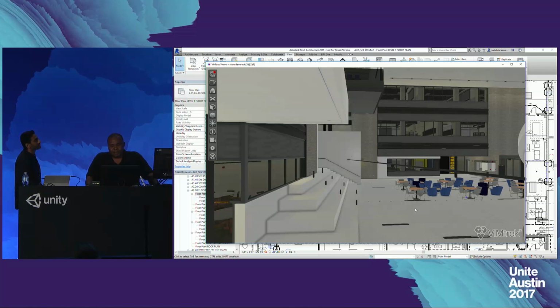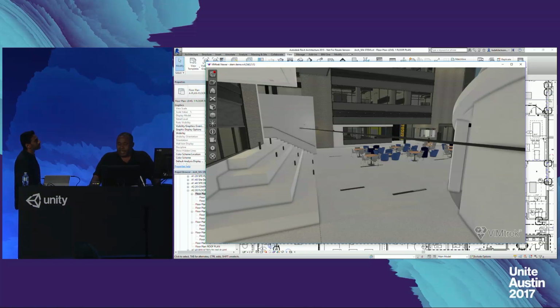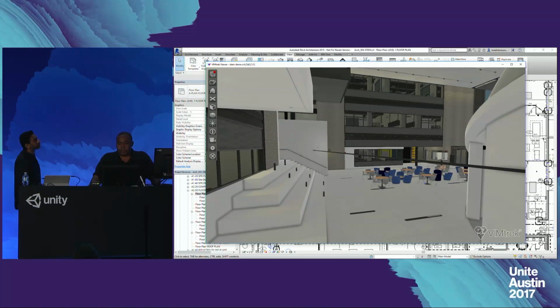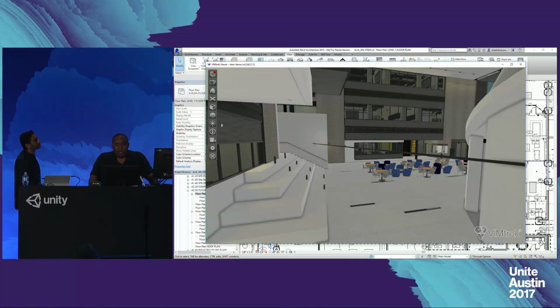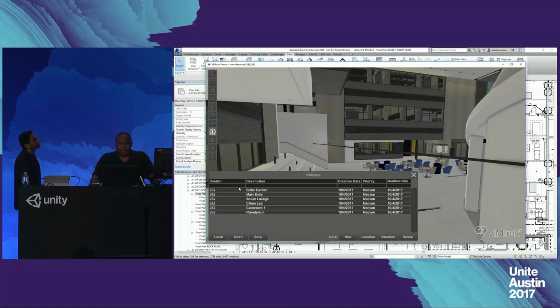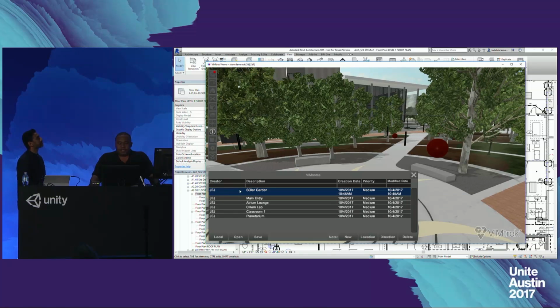So the problems that are inherent, or any problems inside the design, become very apparent when you're walking through them in three-dimensional space. We try to understand the needs of our community. Architects don't want to have another tool that they have to hire somebody to use. So VIMaec doesn't become anybody's job at an architectural firm. It is, for all practical purposes, a service, and it uses the data that architects use already. And they're able to not only generate a very nice model of that data that they can walk or fly through in first person and analyze along with their clients, they also can create logical tours using Post-it notes that take you to feature areas inside the model.